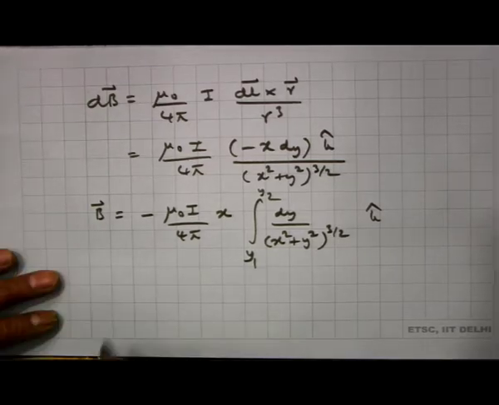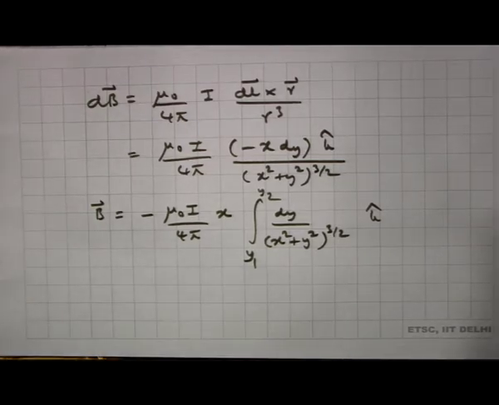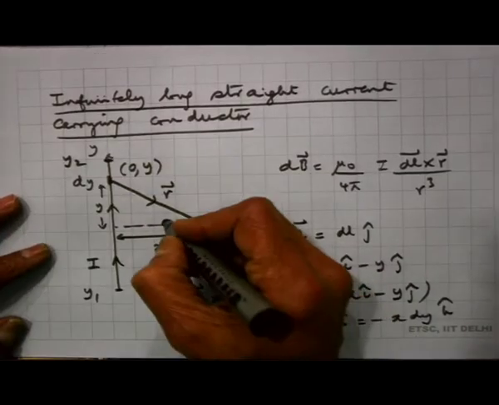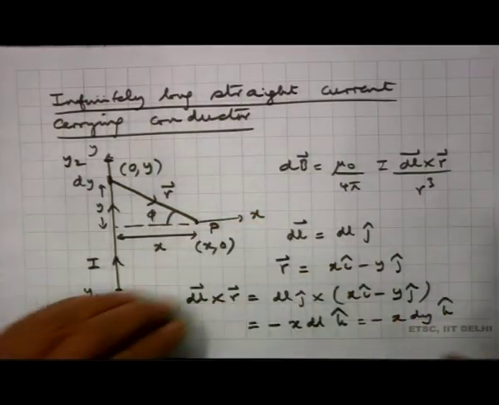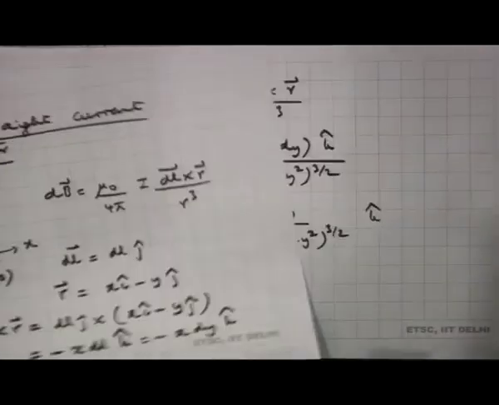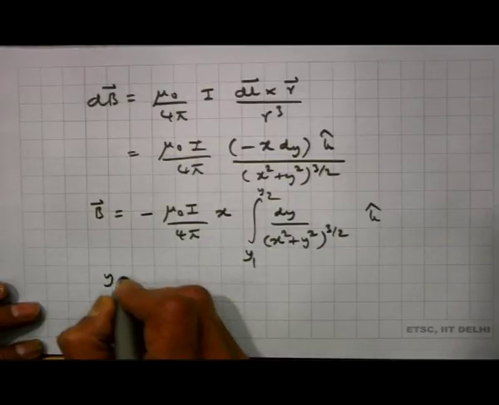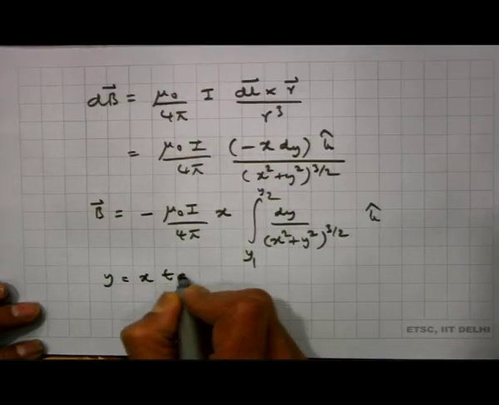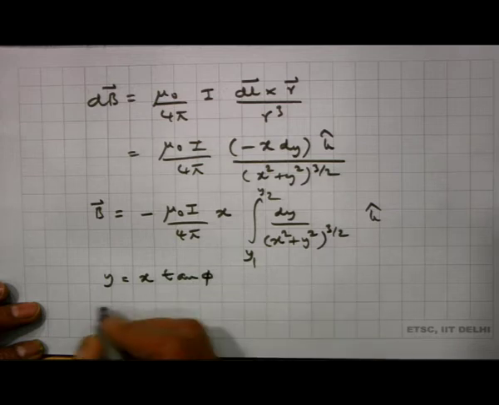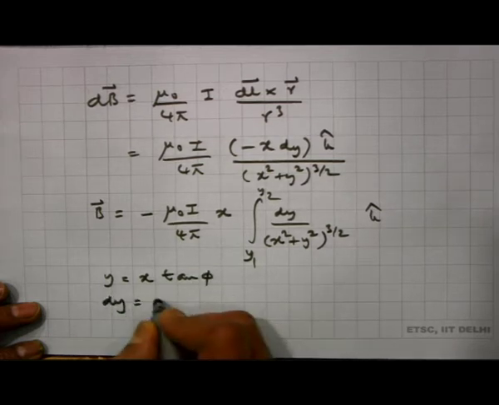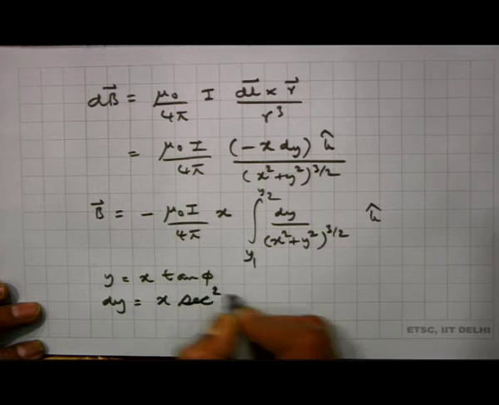And that is a simple integration. All you need to do is to use change of variables. So, if I call this phi, you note here that y by x is tan phi. So, y is equal to x tan phi, dy is equal to x secant square phi d phi,